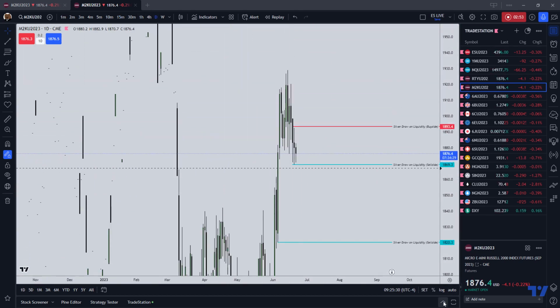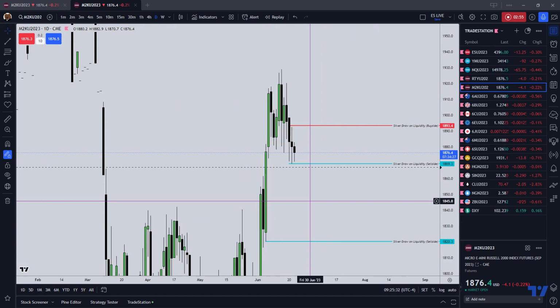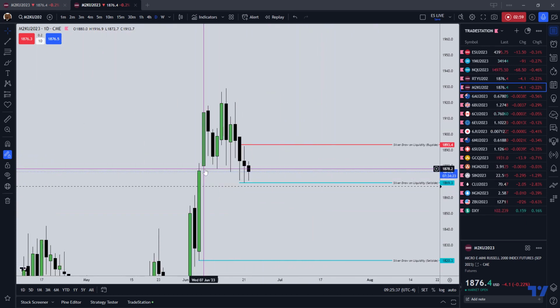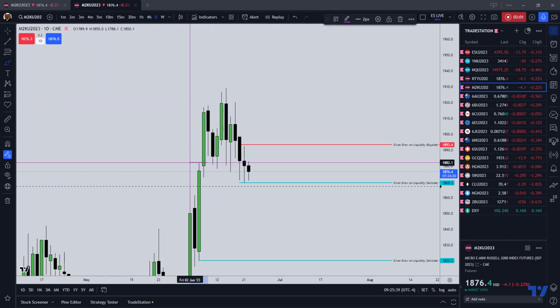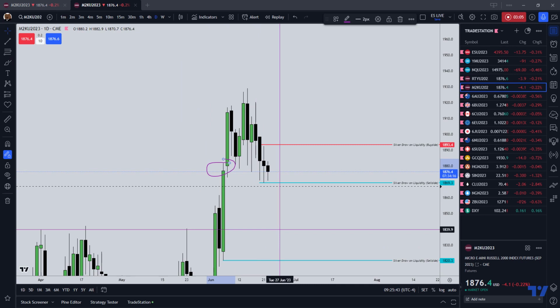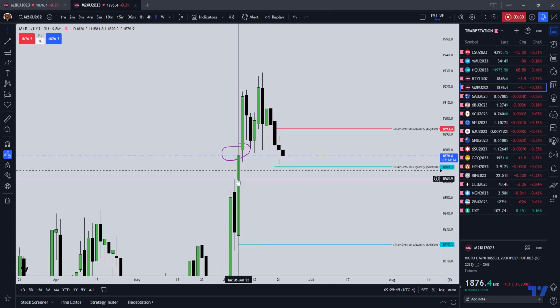Let's take a look at the daily and see if we're drawing to anything. So yeah, we're currently sitting in this volume imbalance that the Micro Russell 2000 formed here, and price has not wanted to come and close below that yet. We've got a fair value gap and an order block down to, let's see, we've got a fair value gap between,